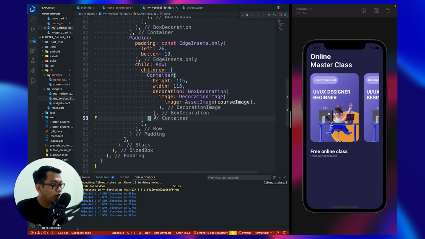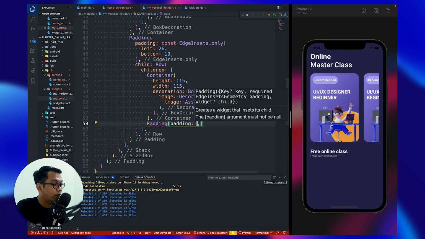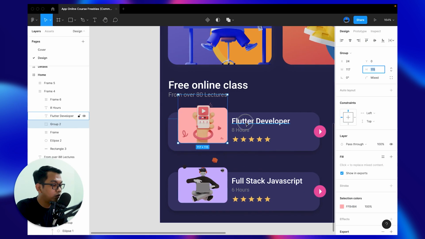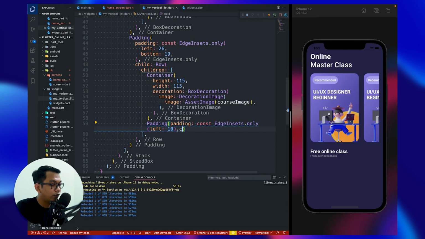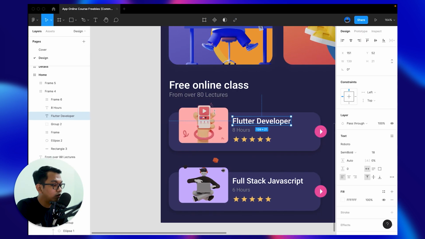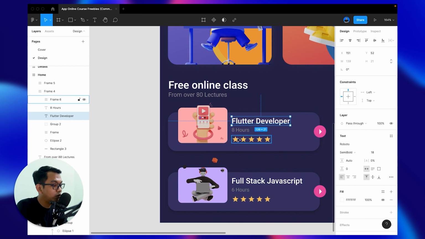And the second one is we can call another widget, which is padding. For the padding, only left 10 to give a little padding. And for the child, we use column because this is from the top to the bottom.